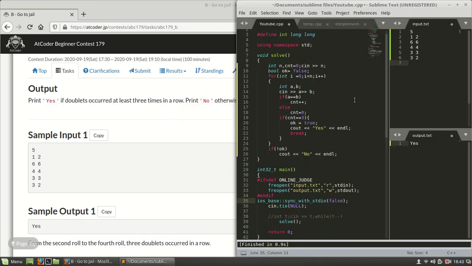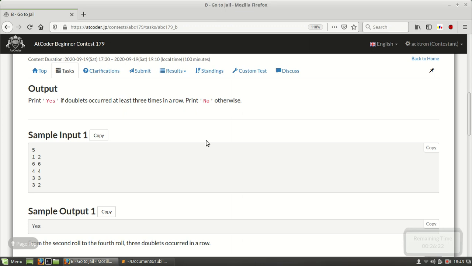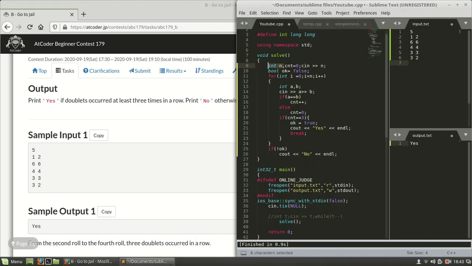Let me tell you the basic structure of the code. We first take an integer n, and we run a for loop till n.